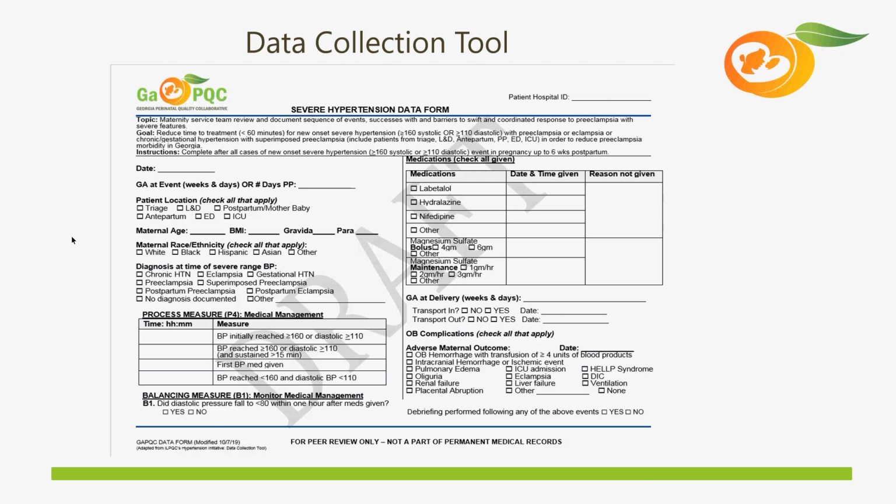Thanks for that feedback, Ginny. We've also added, this was some feedback from the maternal committee, a balancing measure, and you can see it at the bottom of the form, B1. What we want facilities to be aware of throughout this process is that when you treat patients and have to administer some IV antihypertensive, you want to make sure that you still are within a safe place for the patient, and to identify whether in an attempt to do good, such as bring down her blood pressure, there's an adverse effect from that, such as her becoming hypotensive. So that's why we added that balancing measure at the bottom left-hand side of the screen.